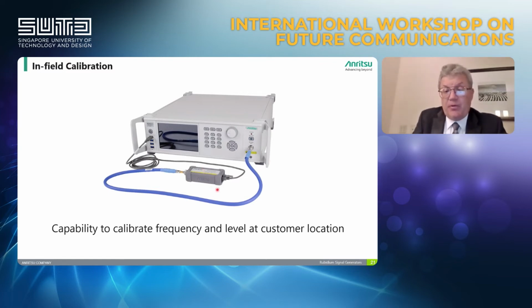As an option, we provide a power sensor which can be plugged into a USB slot and connected to the synthesizer output directly, or to a DUT to remove some loss and frequency characteristics of cables, etc., etc. And once again, with just a push of a button, we can recalibrate the output power without sending the unit back